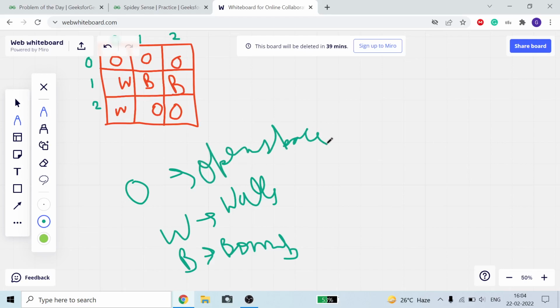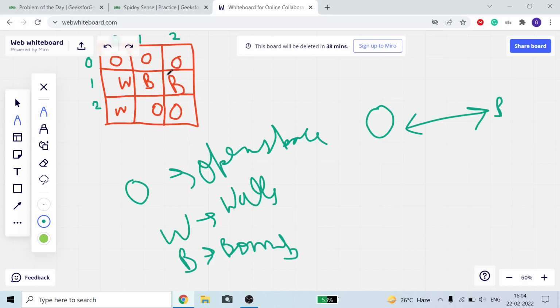So in this problem, we have to find out the minimum distance between an O and a B, any O and any B. Like from this O, we have to find out the minimum distance. It is not compulsory that we have to find it with this B or with that B. Okay, we just have to take the minimum distance among all B. Like from one O, we can go to 15 B's. Then we have to take out the minimum distance from among them.